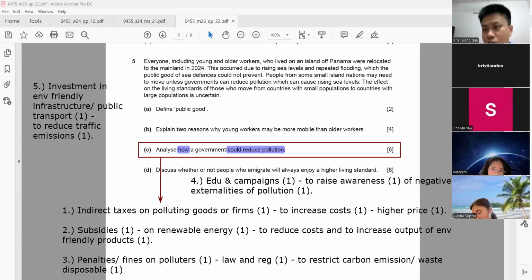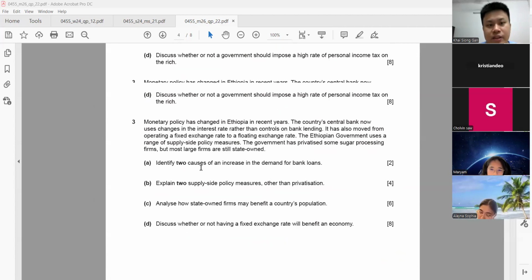Okay, we are done with section B already. Congratulations. Yes, Ryan, you can say stop production of those polluting products, but the question is how. You cannot just say stop; how is the government going to stop? The question is about how. So maybe you can talk about laws and regulations, penalties, stricter laws. You must give the how. So my emphasis will be on the how. Okay, very good. We are done with the section B